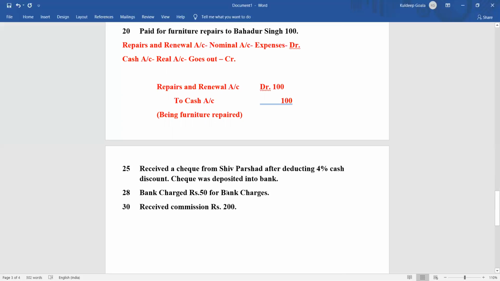तो क्या क्या आइटम मिला? एक हो गया बैंक चार्जेस, और दूसरा बैंक ने पैसा काटा ना, सो पैसा बैंक से चला गया, सो एक मिला बैंक अकाउंट। ठीक है, बैंक ने काट लिया ना, बैंक अकाउंट से काटता है वो, तो एक हो गया बैंक चार्जेस, दूसरा हो गया बैंक अकाउंट। तो हमारे तो बैंक चार्जेस हो गया नॉमिनल अकाउंट, बैंक चार्जेस हो रहा है मतलब एक्सपेंसेस हो रहा है, सो डेबिट हो जाएगा, बैंक चार्जेस डेबिट हो जाएगा।